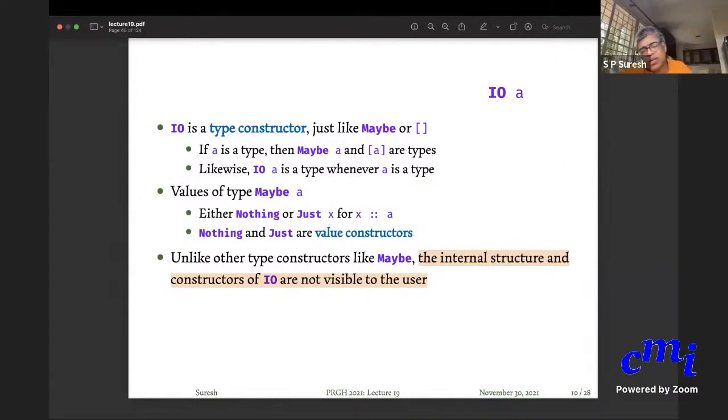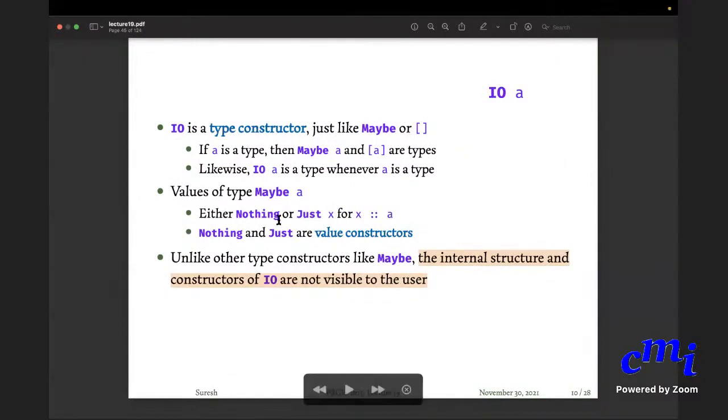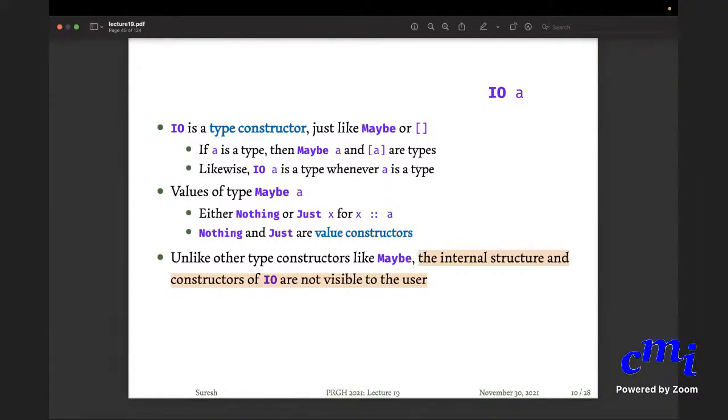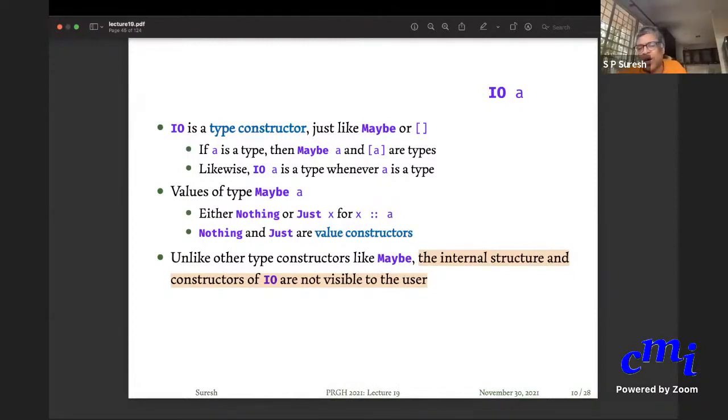What is the value constructor? I said Maybe Int is a type. So Maybe is a type constructor. Int is a type. Maybe Int is a new type. It produces a new type. Okay, that's a type constructor. Just and Nothing produce new values. 5 is a value of type integer. Just 5 is a value of type Maybe Integer. So Just produces a new value. It constructs a new value. So it's a value constructor.